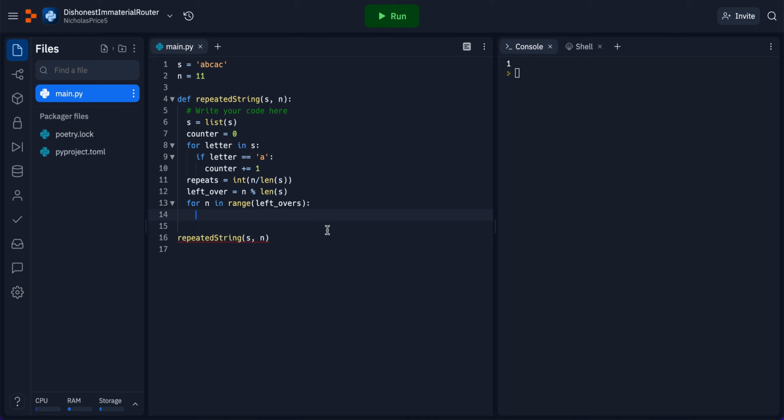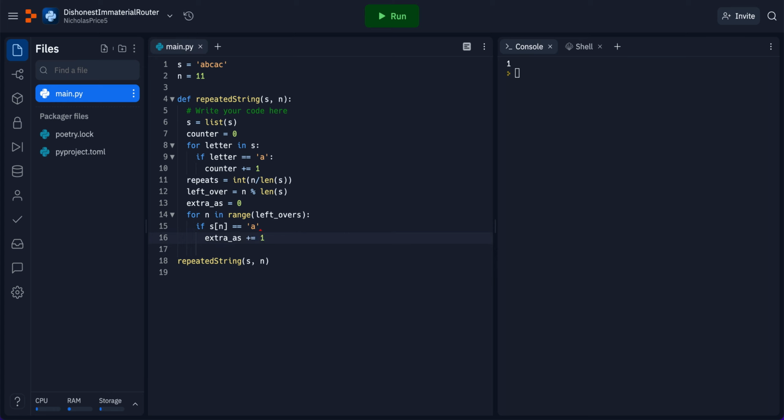So we can say if S[n] equals A, we can take, let's set an extra A's variable, and we'll set that equal to 0, and then we will go ahead and store that here. So it'd be extra A's